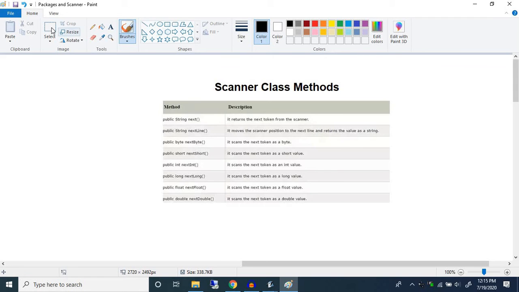If you notice, first we have our method, what our method is called, and then here we have a description of the method. So let's first briefly talk about the method names itself. First we have the public. Don't need to worry about what this public means. It just means you can use the method. And then next we have some type of data type, right? And this is called the return type,